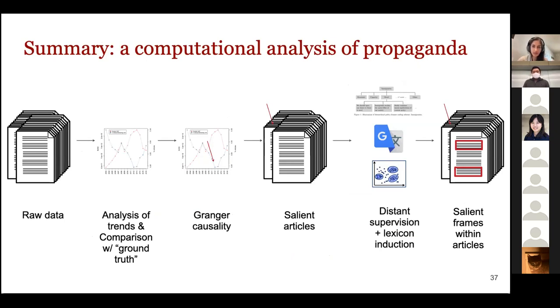So this is what the full pipeline looks like. I won't spend a lot of time on this slide, but effectively we start with a corpus of raw data. We analyze agenda setting, primarily looking at word frequencies and Granger causality. And then we conduct a finer-grained language analysis that focuses on framing in order to identify words that coincide with the economic upturns and downturns that we identify during the agenda setting phase.